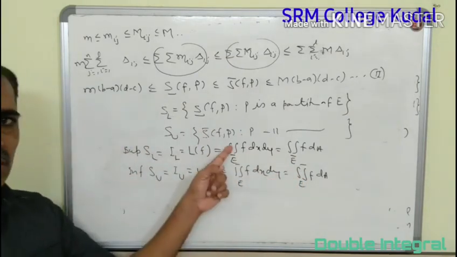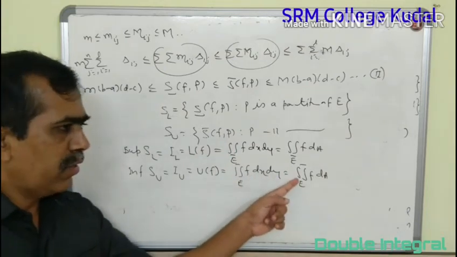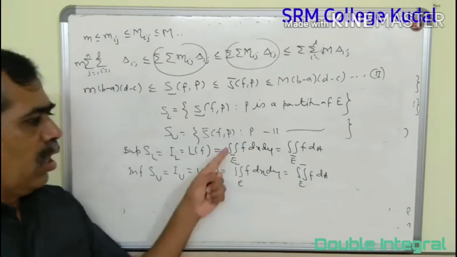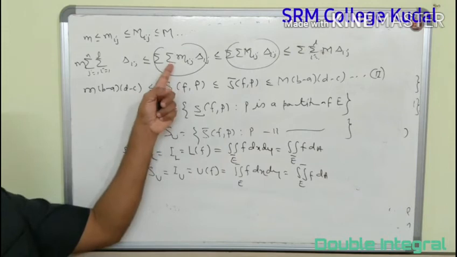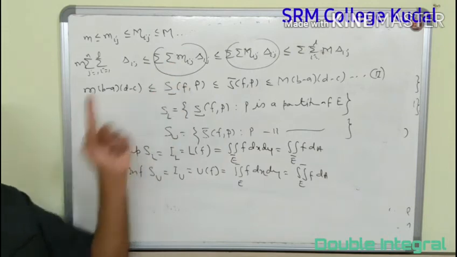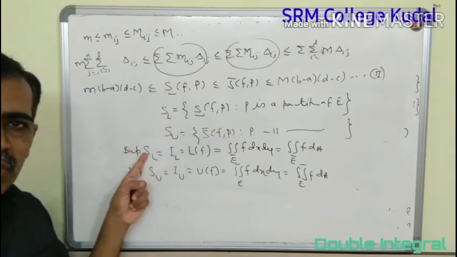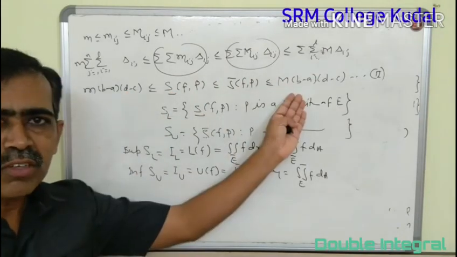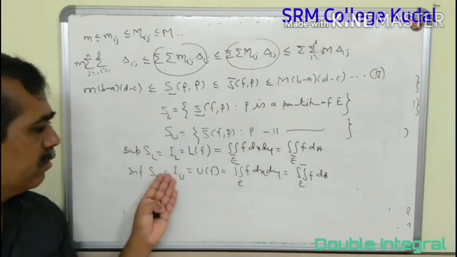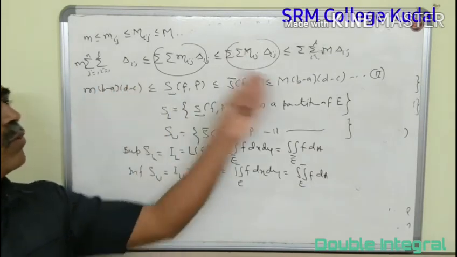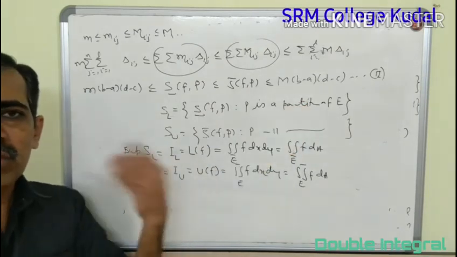Okay, so this is the lower integral and this is the upper double integral of f. Now, from inequality 2, this is any lower sum, this is the largest lower sum, and we know all the lower sums lie between these two numbers. So definitely the largest lower sum will also lie between these two numbers, and similarly every upper sum lies between these two numbers. Therefore the smallest upper sum will also lie between these two numbers, and you know very well